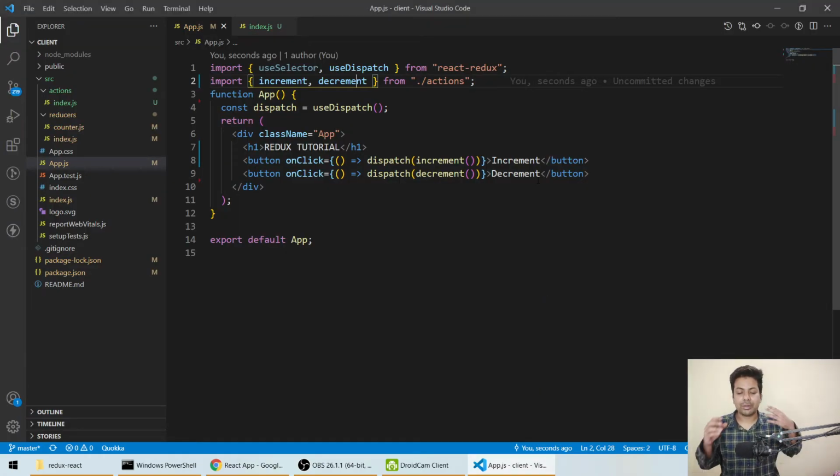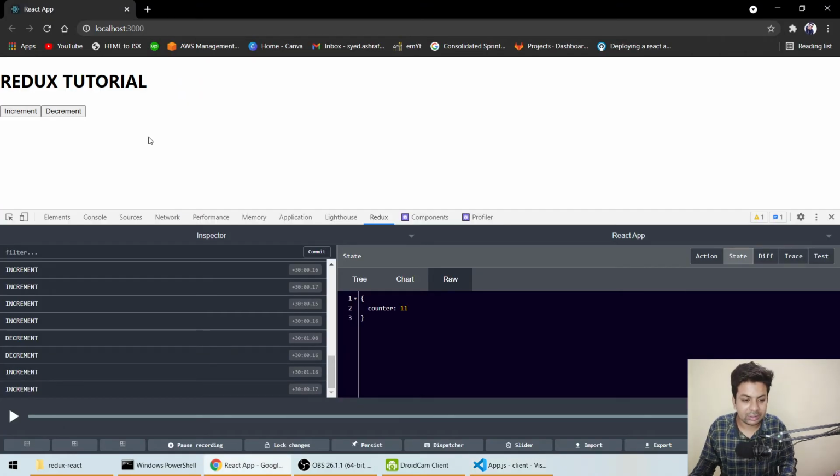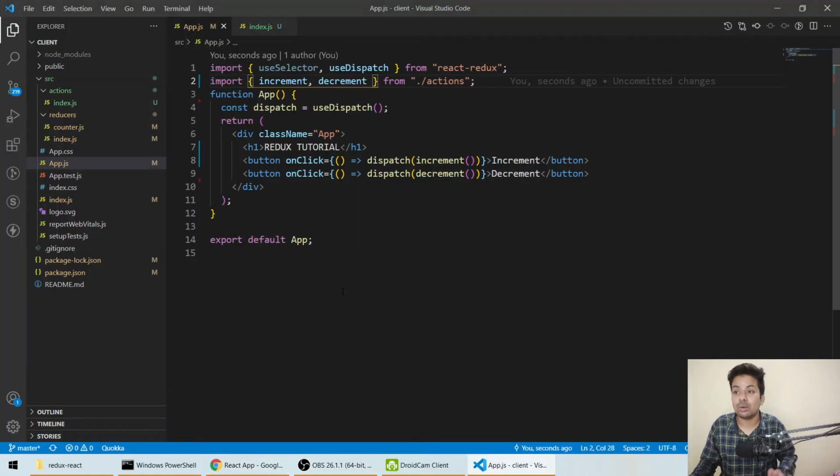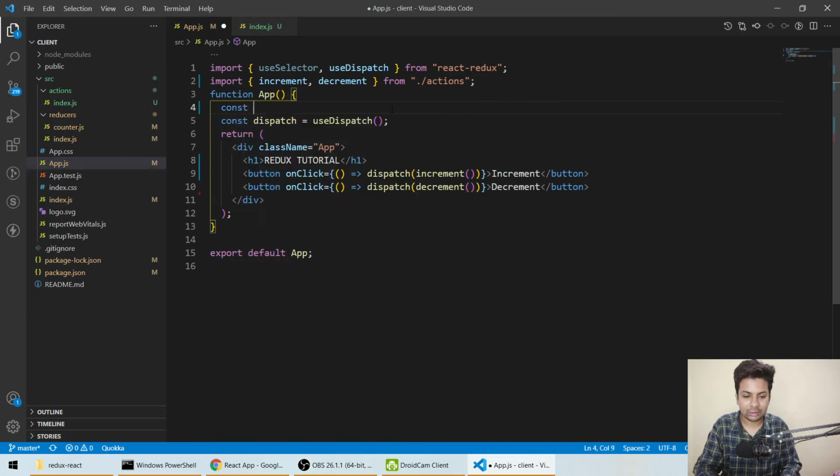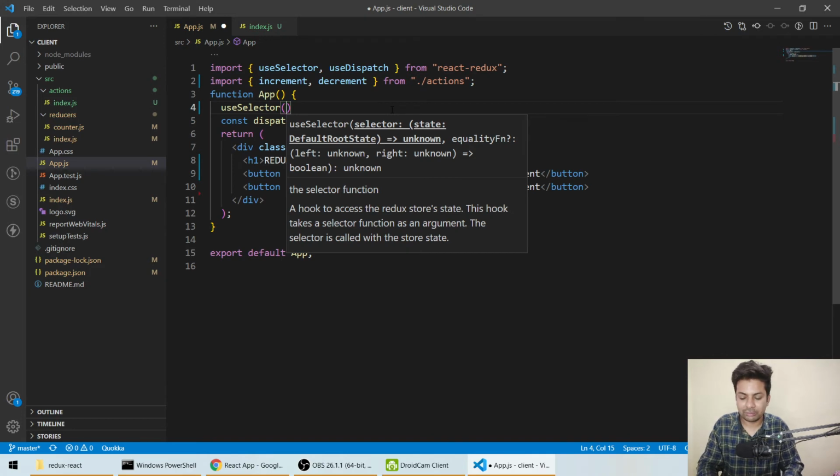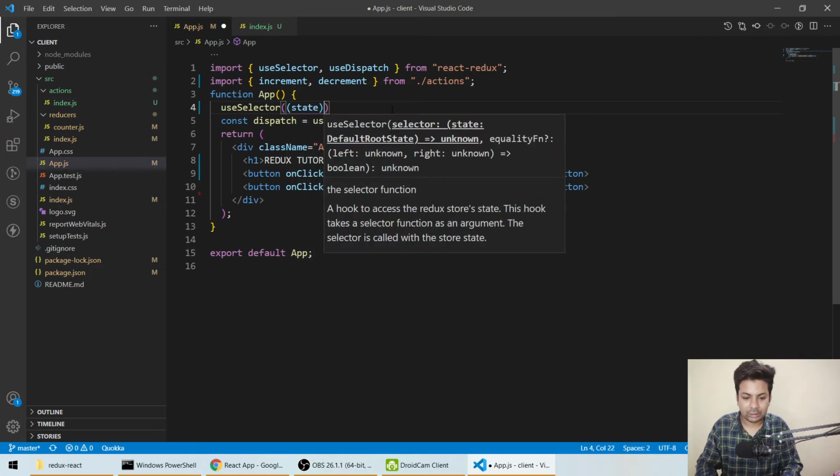Now we want to see the values on the page, the numbers changing. So how do we do that? For that we'll use useSelector, const counter equals useSelector. What do we want to show the value of? The counter.